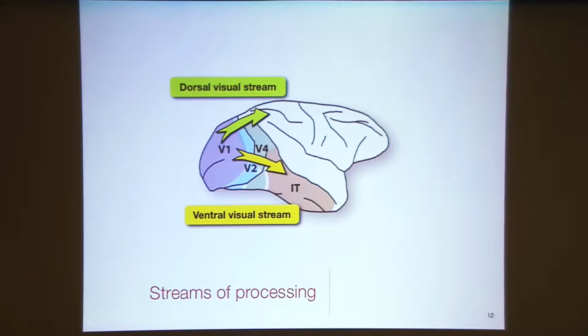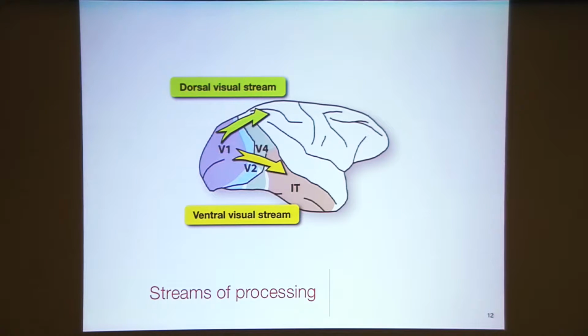Much of your brain is actually spent on vision. A rough estimate states that about 50 to 60% of your brain is devoted to vision, and that's a lot of neurons. Your visual cortex includes on the order of 10 billion neurons, a little bit less for the monkey cortex, and I'm showing you here a monkey brain on this slide.